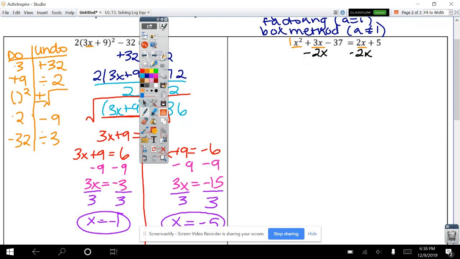As you can see, 2x and 3x are like terms. They both have a single x. So I can actually combine these like terms. So x squared is still x squared. 3x minus 2x leaves me with 1x. So I'm just going to write plus x. And then I still have minus 37 equals